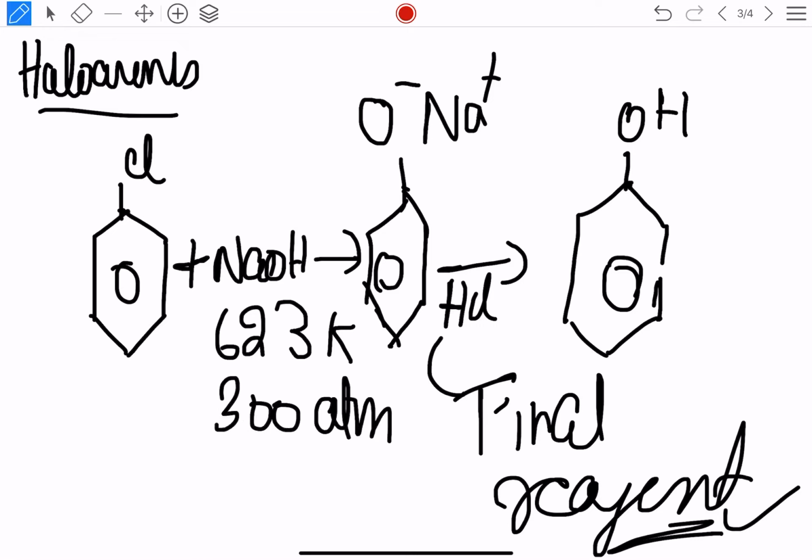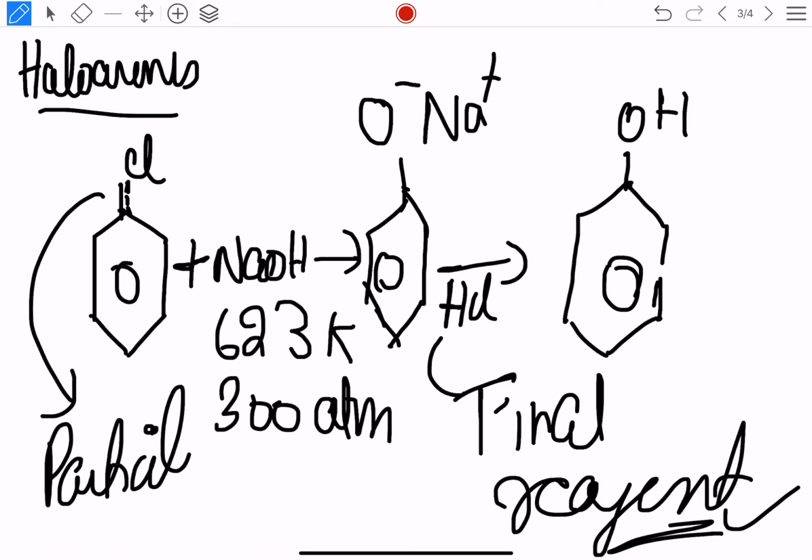Now why are these drastic conditions required? So again, go back to haloalkanes and haloarenes. You would be knowing that a haloarene has a partial double bond character in the bond of halogen and the carbon of the benzene ring. Because of this partial double bond character, the bond becomes very strong, and we require drastic conditions of high temperature and pressure to break it, and hence this reaction happens at such conditions. Okay, so this you should know, and why it is happening, because of a partial double bond character.